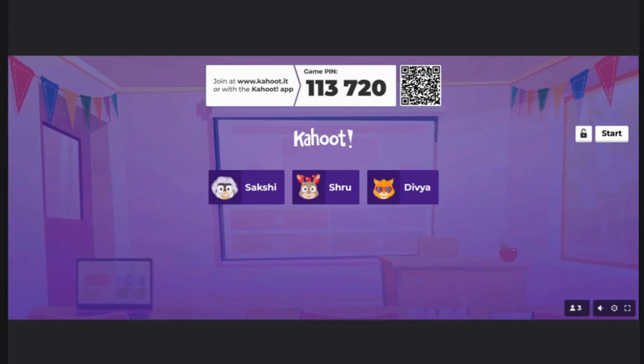Scan it. What happened? What is the issue that you're facing? Are you using your phone to scan it? My phone. When I open my camera, or maybe if you're not able to scan from your phone, then try to join from the website itself and put the game pin. Use your laptop for that. Give it a try.